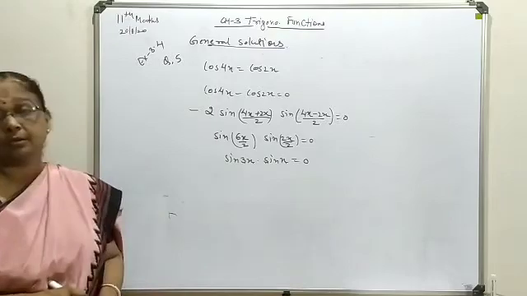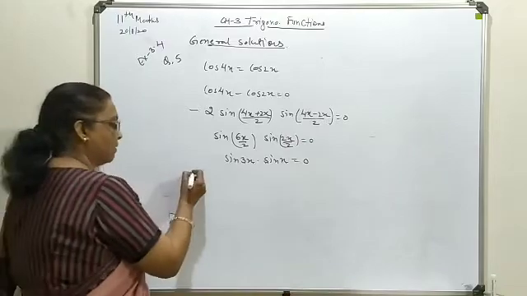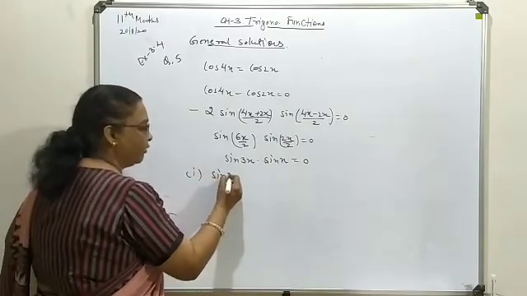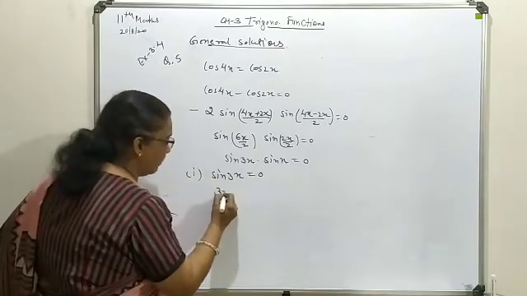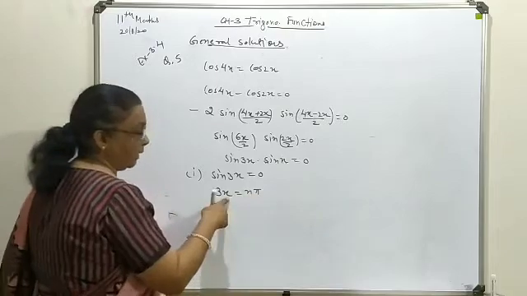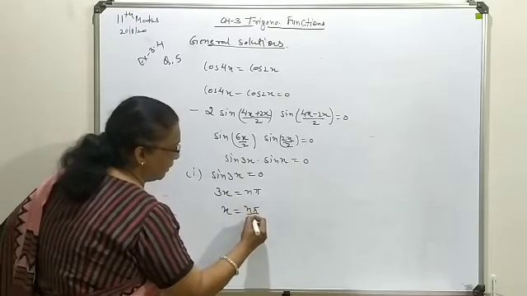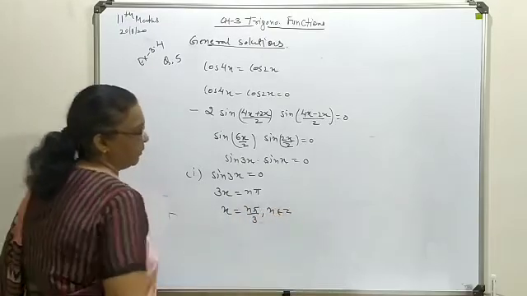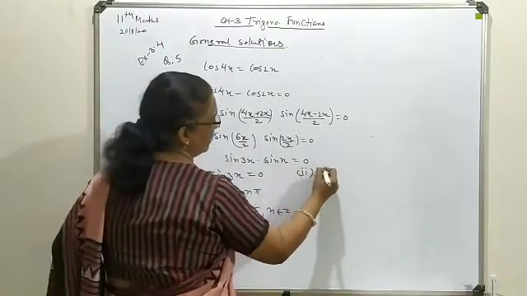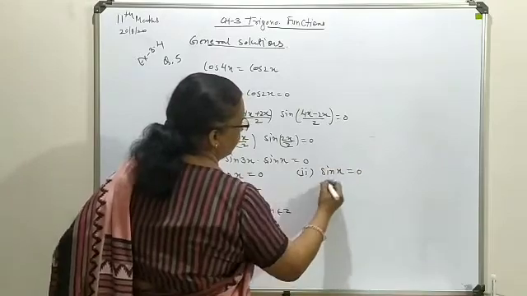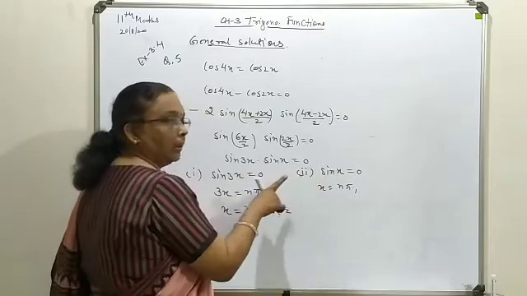So for sine the 0 solution was n pi. So for both you will write the same combination. So first case, sine of 3x you will write as 0. So 0 solution for sine is n pi. So here it will be n pi. Make sure that your x is being separate. So x is equal to n pi by 3. Here everywhere n belongs to Z. Move for the second possibility, that is sine of x is equal to 0. X you will have as n pi. Nothing is to be divided because here x is separate itself.